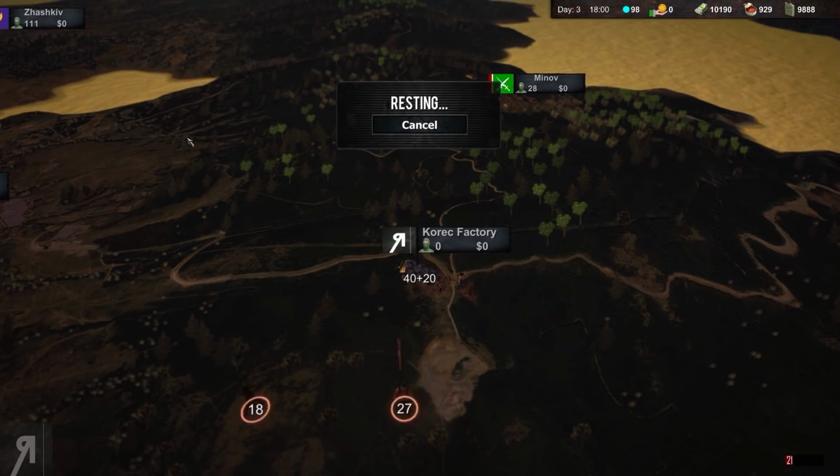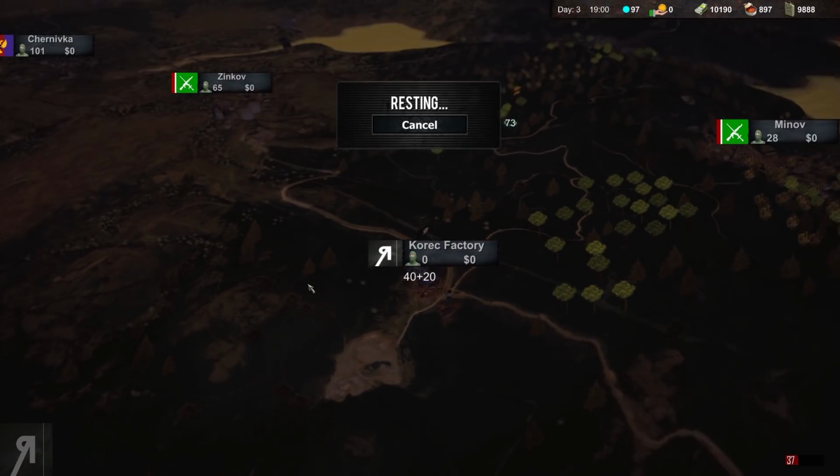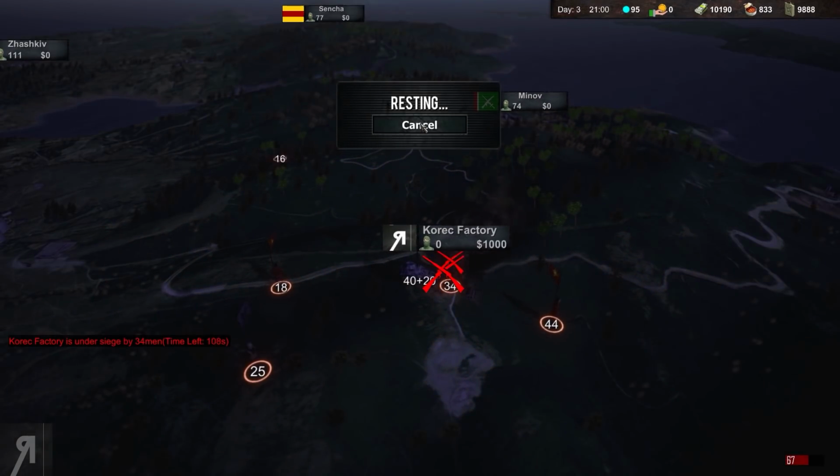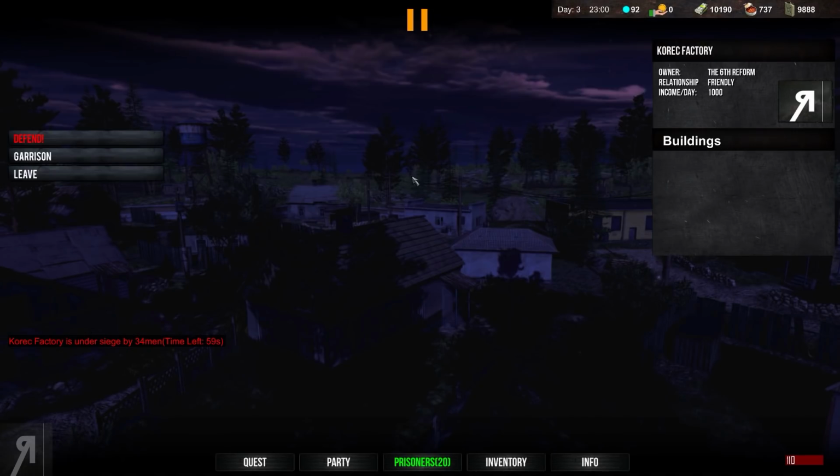So let's rest here for some time, see if anyone wants to attack us, but otherwise what we're going to do then is we will move on maybe to Minov. Look at Minov. Minov is super... Oh, never mind. I was going to say Minov is super weak right now. It only had 24 units, but then it got a reinforcement force or something like that, and now it has